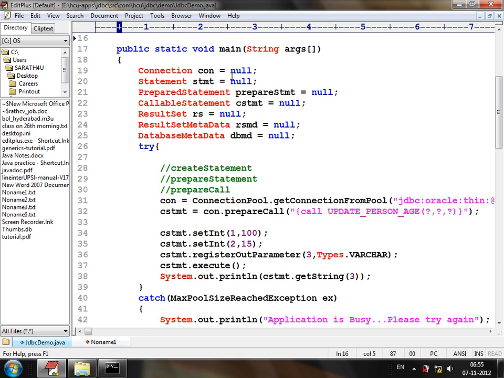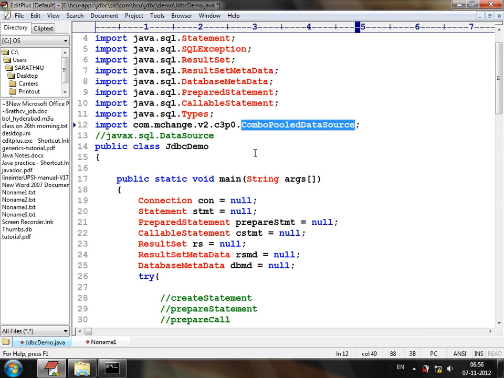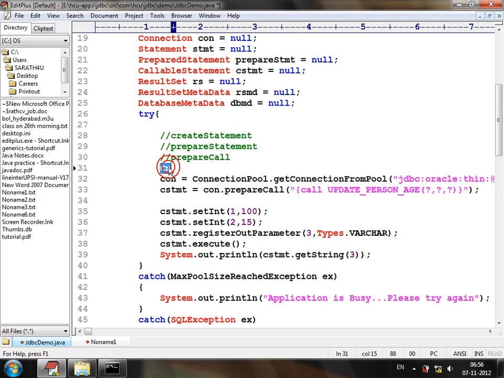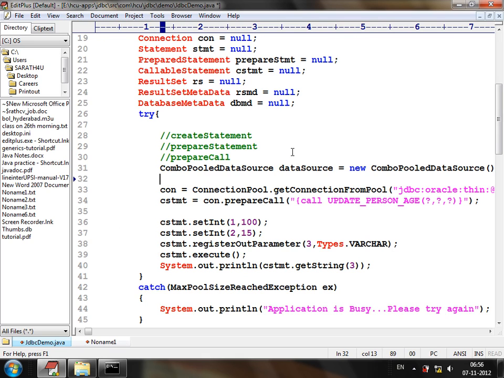If you want to get a connection object, we'll create an object of the data source. Once we have created the data source object,